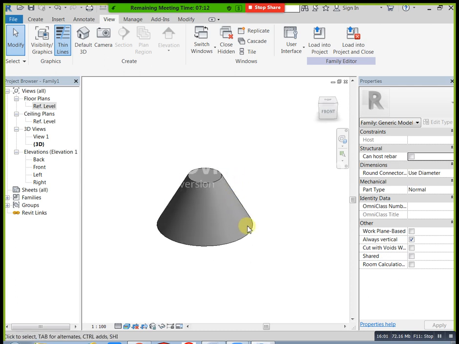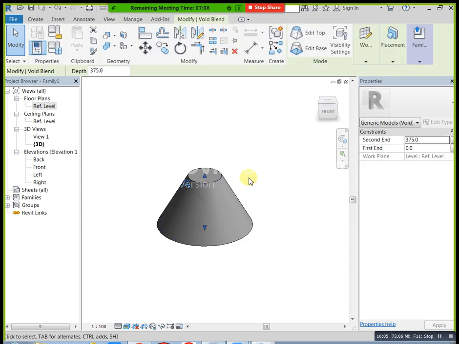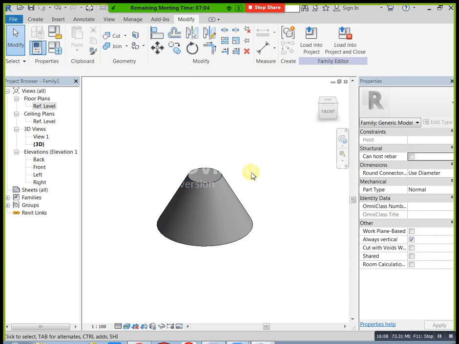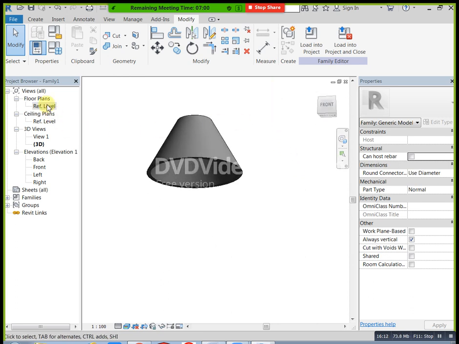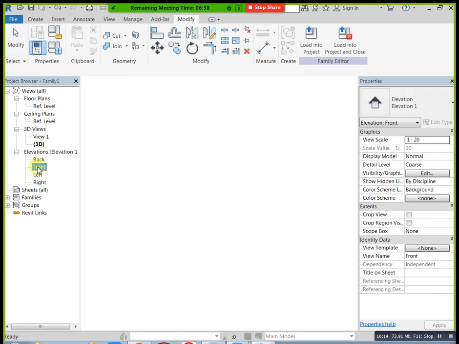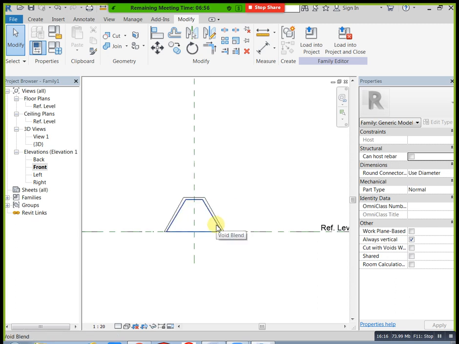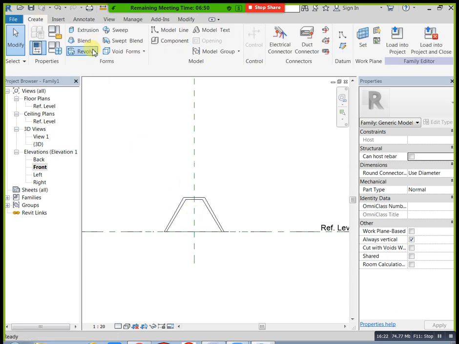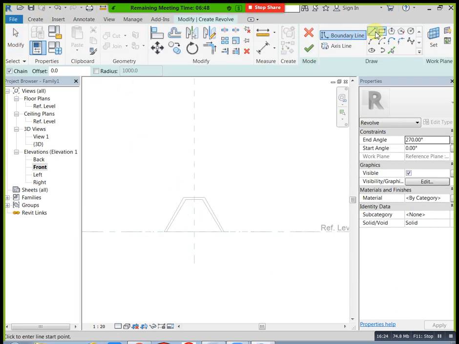This is this type of condition. For example, in this lamp I need to create one bulb by using revolve. In that condition you go to front view. Here I need to create one bulb at this place. I will take the revolve option. This is only for example.